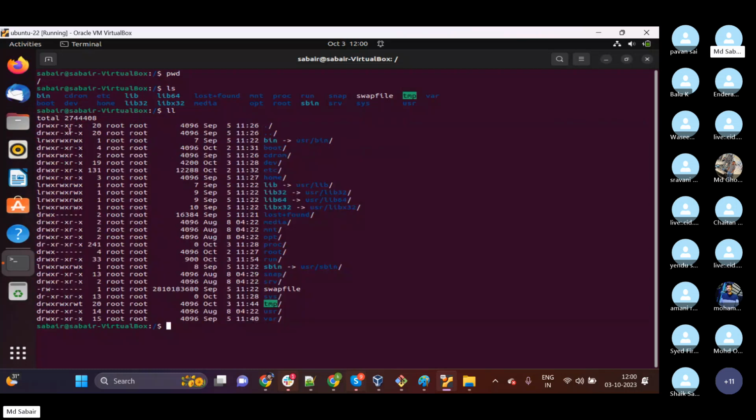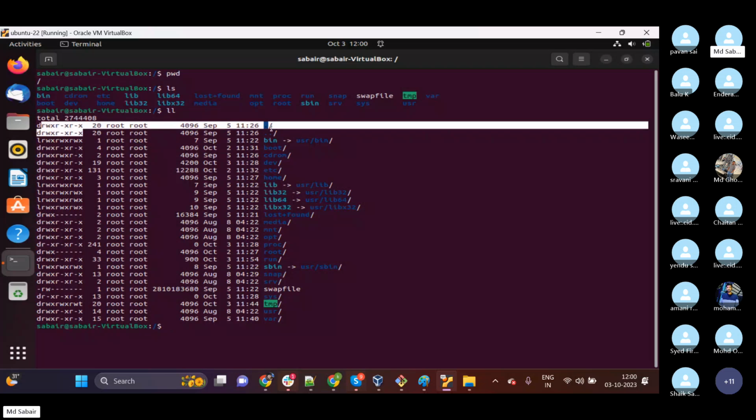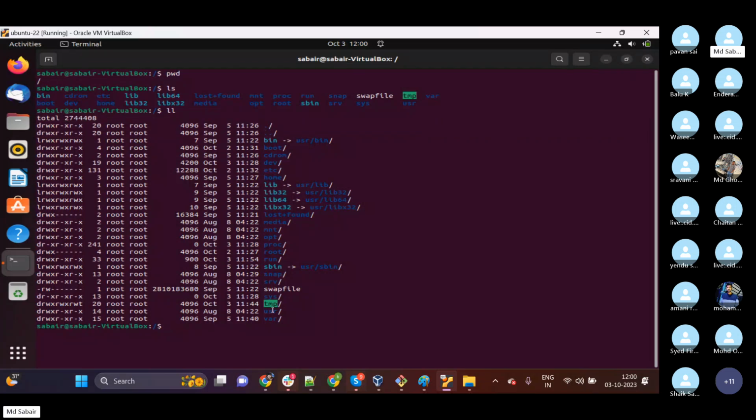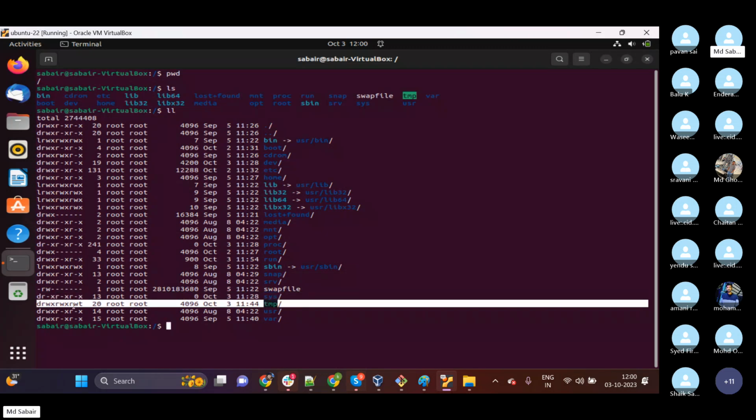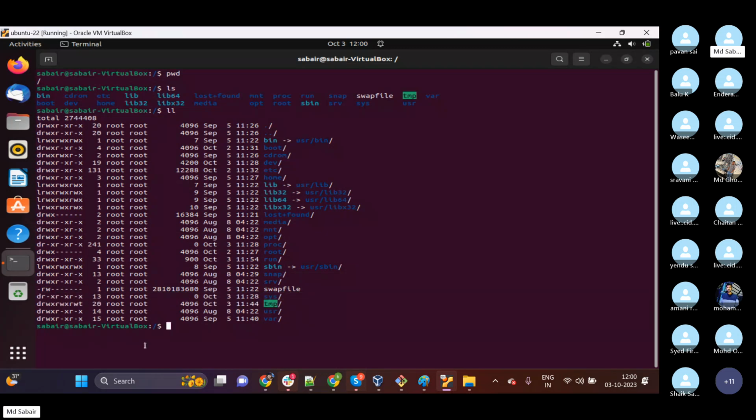See, you can see the different details related to my files. For example, we have tmp, right? For tmp, you can see all these details. Here we can see something like drwxrwxrwt, and then 20 root root 0 October 3 11:44. When we execute ls, we can only see the list of files.